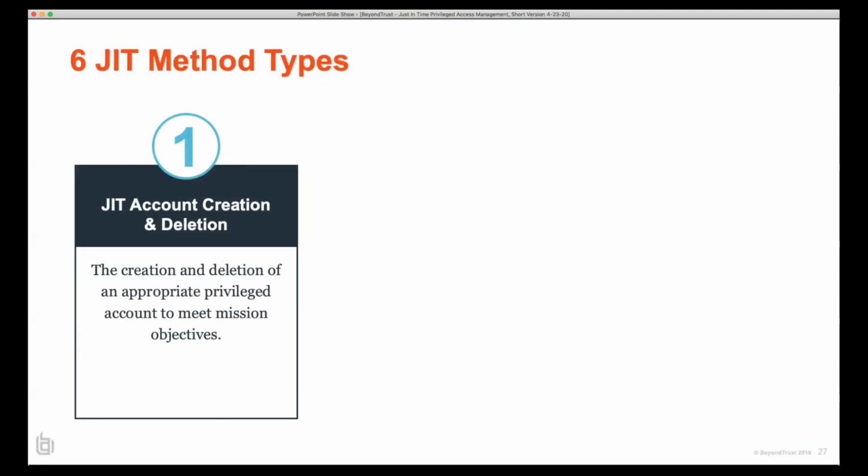The first method is account creation and deletion. I'm going to create an admin account. I'll let someone use it, and I'm going to delete it. While this sounds great, it's high risk, because unless you're fully documenting the account name, who did it, where, when, what, there is no certification or attestation that you might need for an auditor. It's easy to do, but it has audit and compliance ramifications if you go down this route. You have to fully document, I created the account for a few seconds and then removed it, because you know what? A threat actor may do the same thing.